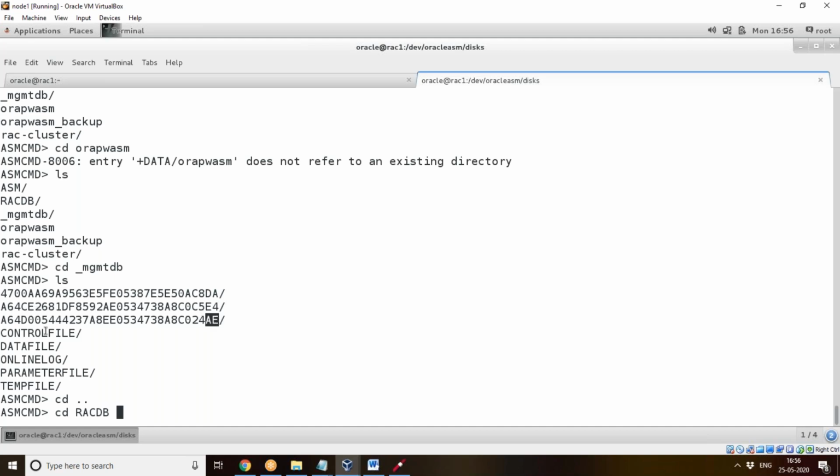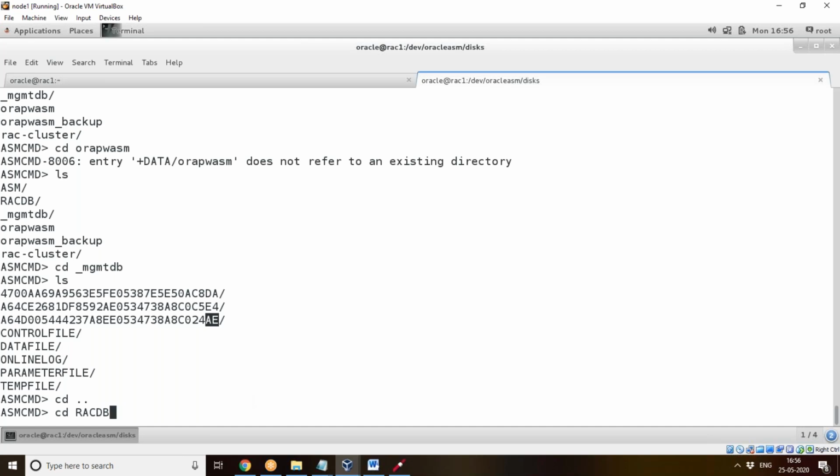So this also contains its own pluggable database as well. The control file, data file, online log file, everything. As we have our user-defined database, similarly, it will also have its own grid management repository database.